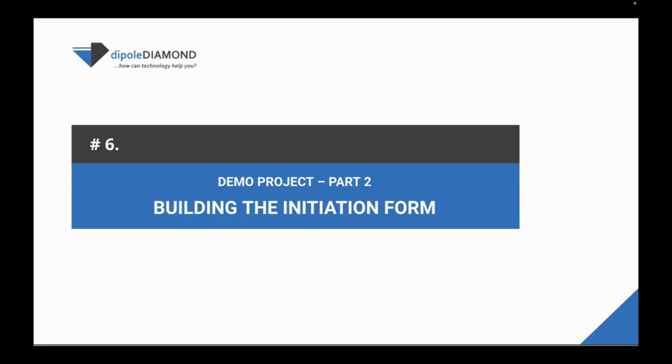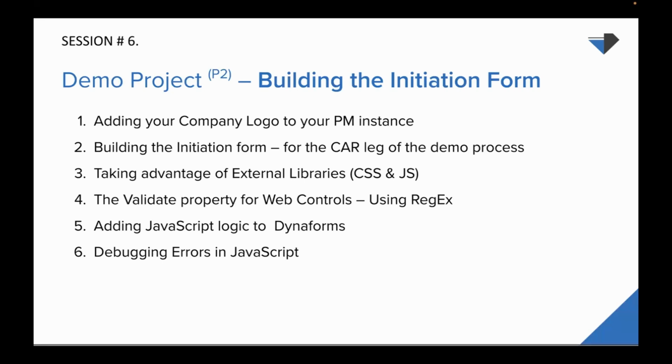For our sixth session, we shall continue our work on our demo projects. And this time around, we want to focus on building the initiation form for the initiation task, or rather the first task in the Cash Advance Requisition leg of our process. At the end of this session, you should be able to add your company logo to your ProcessMaker instance. You should know how to change the look and feel, kind of jazz up your form by taking advantage of external style sheets, and also make use of external JavaScript libraries like NumbersUtil and Cleave JS to add some dynamic